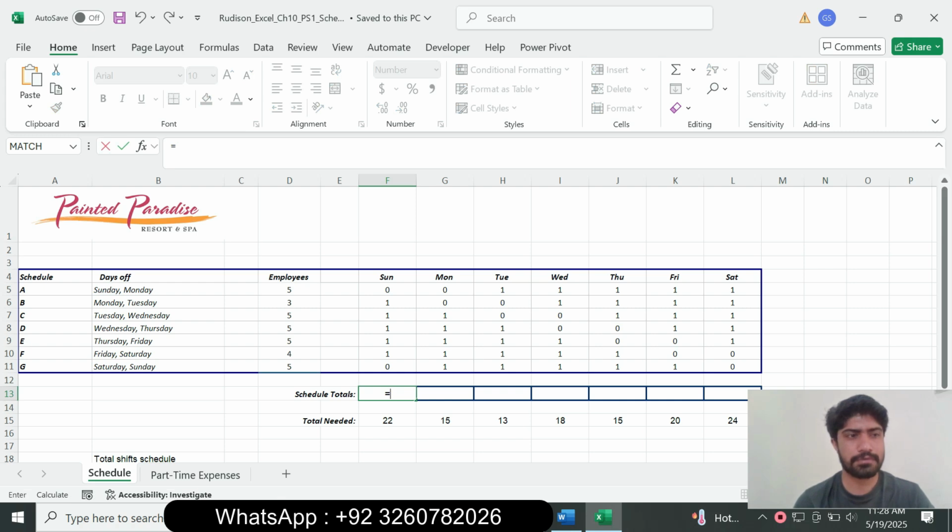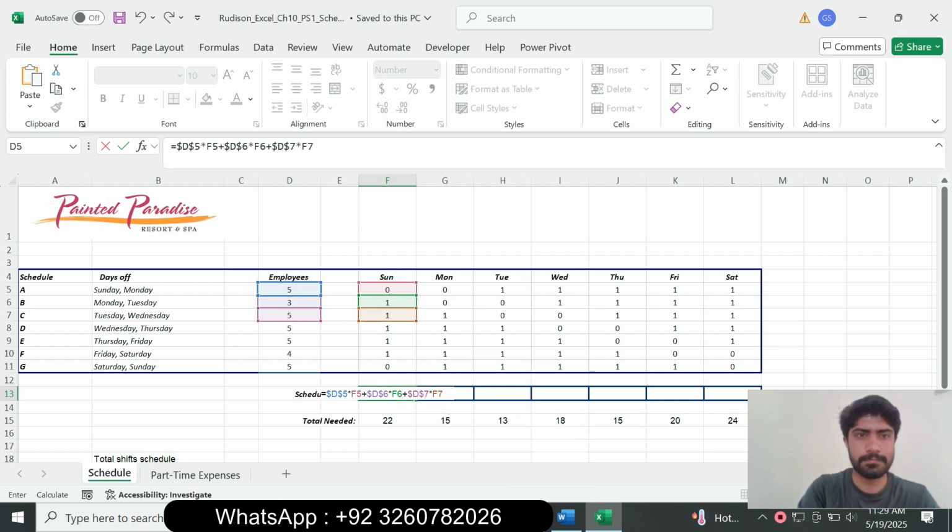and type equals D5, plus, press F4 for absolute reference, multiply by F5, and plus D6, press the F4 button for absolute reference, multiply by F6, plus D7 absolute cell reference multiply by F7, plus D8 multiply by F8, plus D9 multiply by F9,